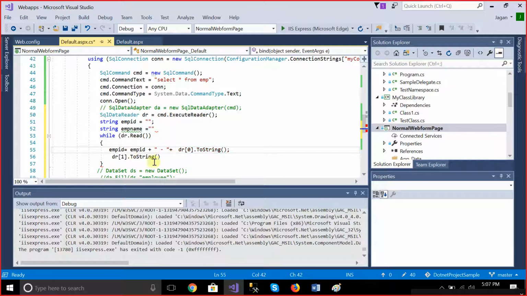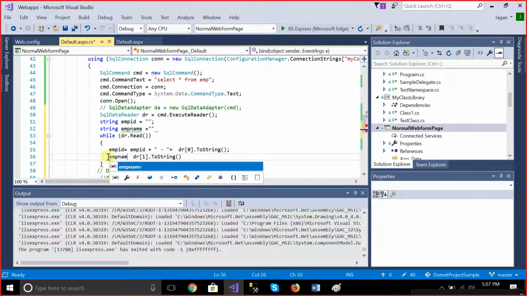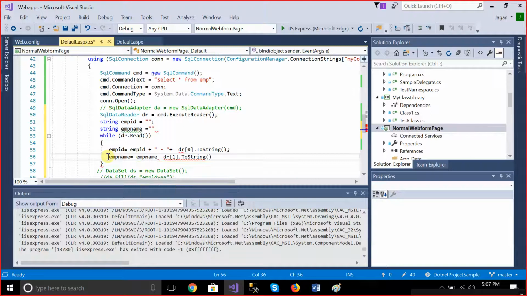So we have to dispose this one. Once everything is over, we have to dispose this. Dispose means destroying that object. So con dot dispose. Actually, we have no need to use con dot dispose because when you're using